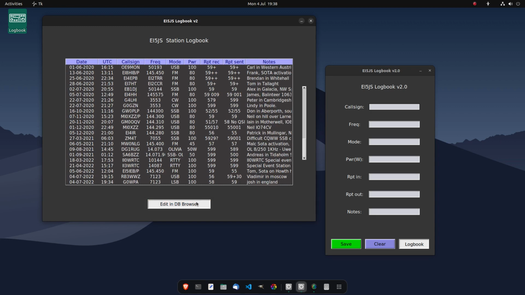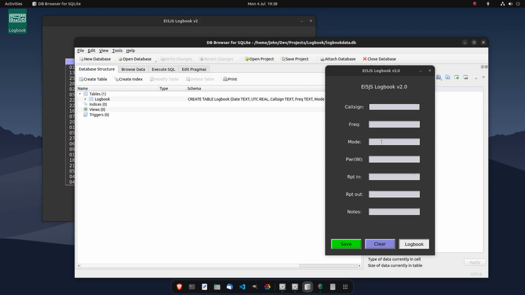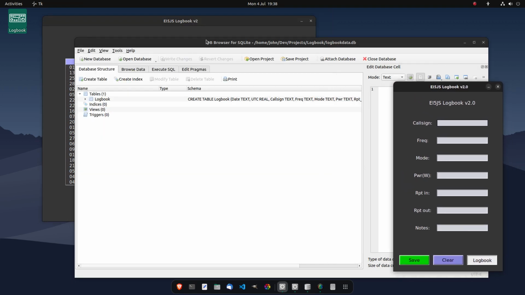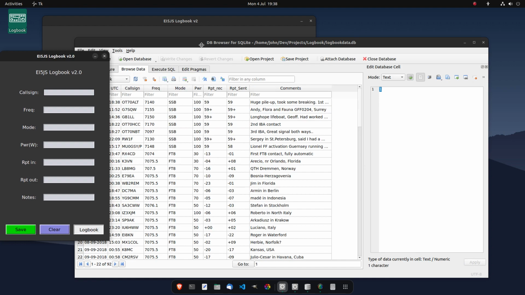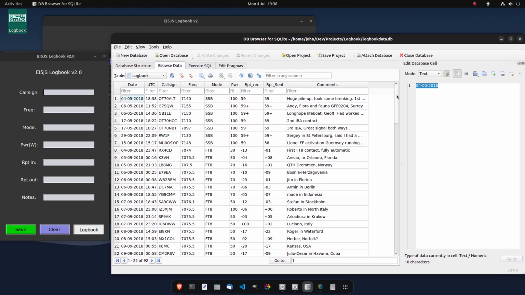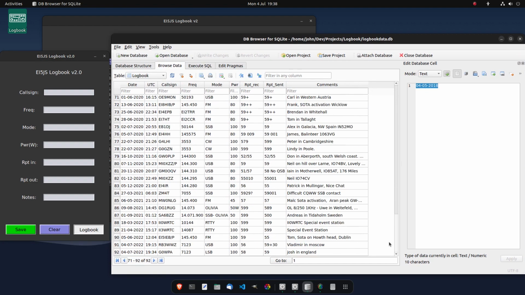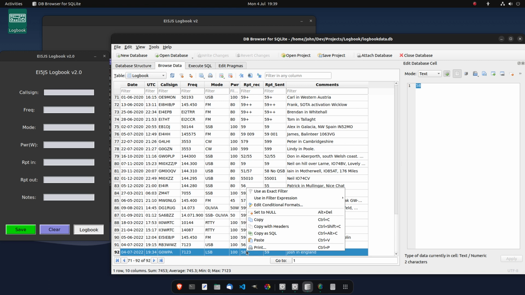Now actually I don't want to change it to Josh. What I want to do is get rid of the contact, because it was just a test entry to make this video. So I'll pull this off to one side there. I'll just pull this bar down. I can barely see that bar. But anyway, I'll come down to this contact here and highlight the whole line. And I believe if I right click,